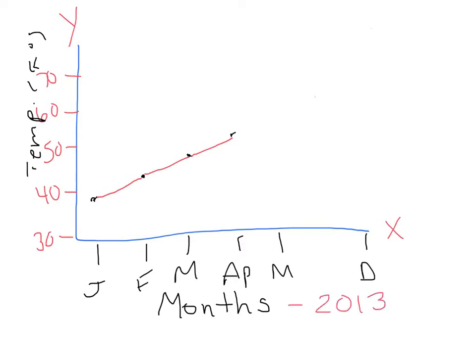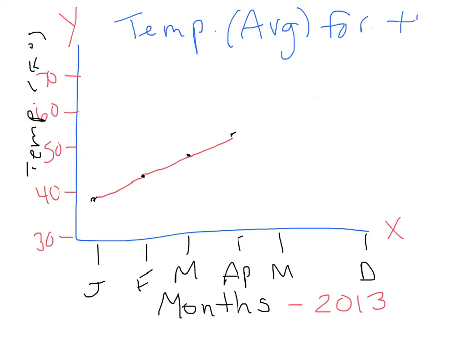2013. Now if right now you're thinking, Mr. Wehner, you're still missing one title or one label, you're on track. I'm missing the title up top. There should be a title that relates to both the temperature and the months of 2013. And make sure that you're very descriptive with this, because when someone looks at your graph, they're going to want to know, what am I actually looking at? And the title will give that clue. So I'm going to say the temperature and being the average for the months